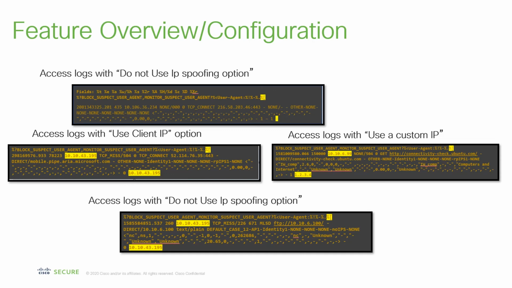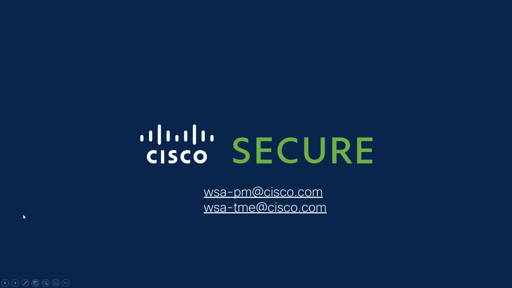I would also like to mention here that you can convert IPv4 to IPv6 addresses here. What I mean by that is, if your WSA or client has an IPv4 address, but you need the outgoing request to go with an IPv6 address as the spoofed IP, we can achieve that, and vice versa. This brings us to the end of this video.